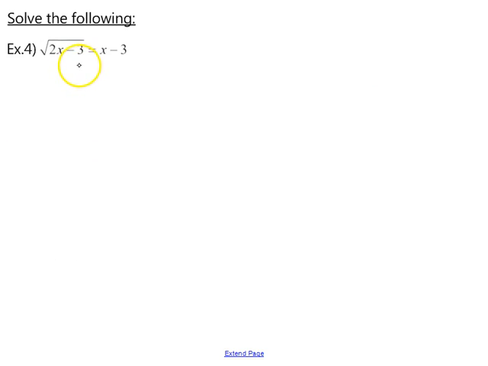So let's go ahead and work out this last example together. Remember, first we want to isolate the radical, and in this case it's already isolated. To remove the square root, we have to square both sides. Now when we square both sides, 2x minus 3 quantity squared, and on the right side, make sure to put this in parentheses. The left side, the square root and the squared cancel out, so we're left with 2x